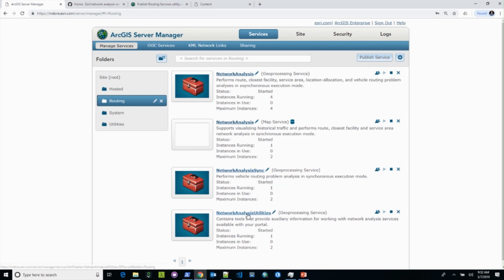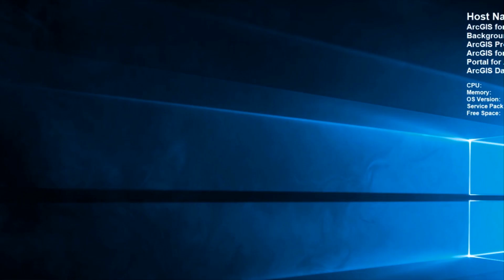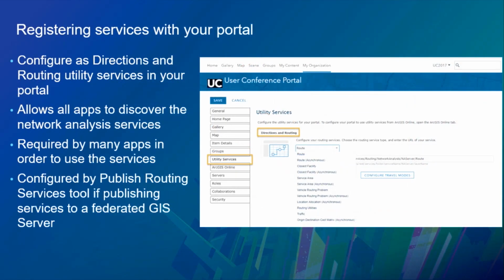And then it also publishes a utility service that is required by the other tools and apps so that they can work with these services. So these are the services that the tool will end up creating. I was also talking that this tool will also register these services as utility services in